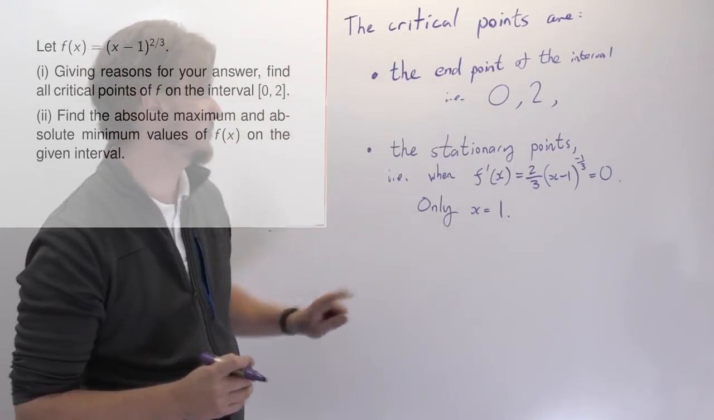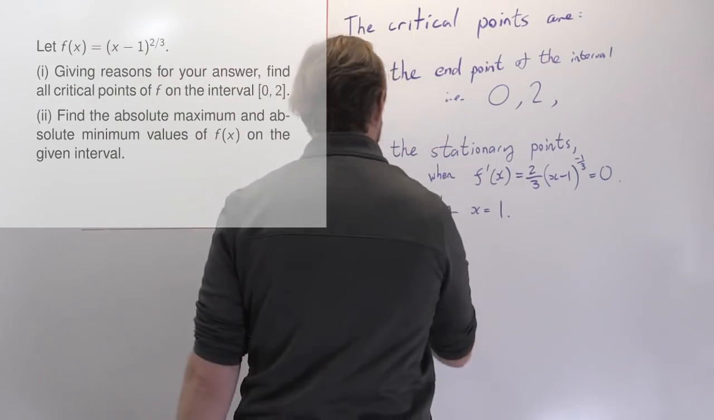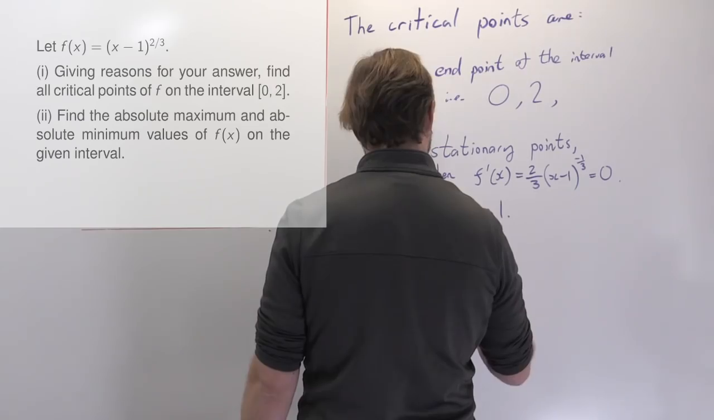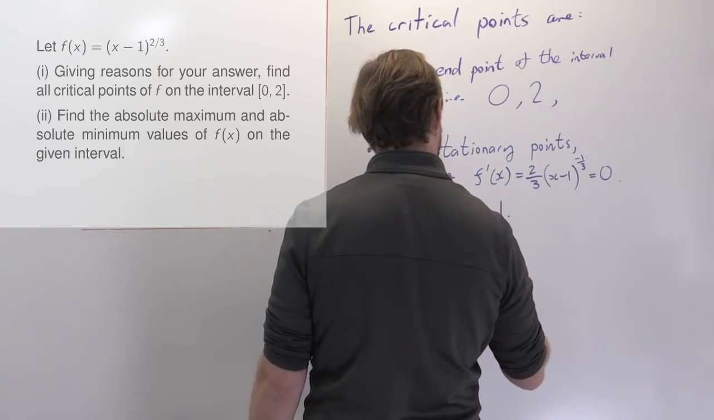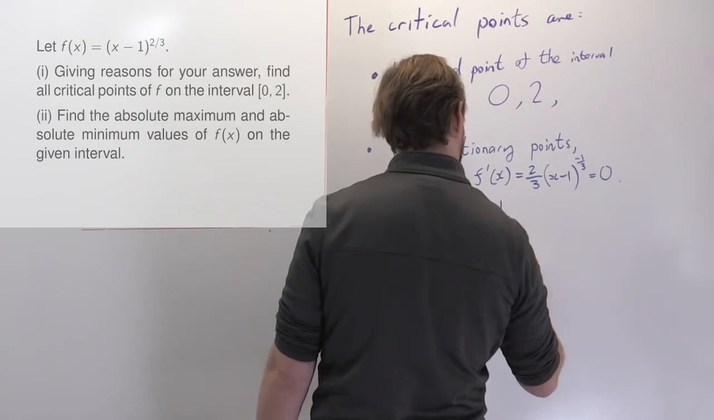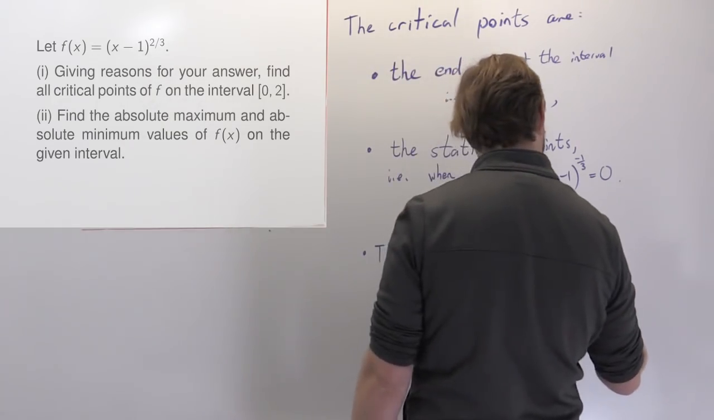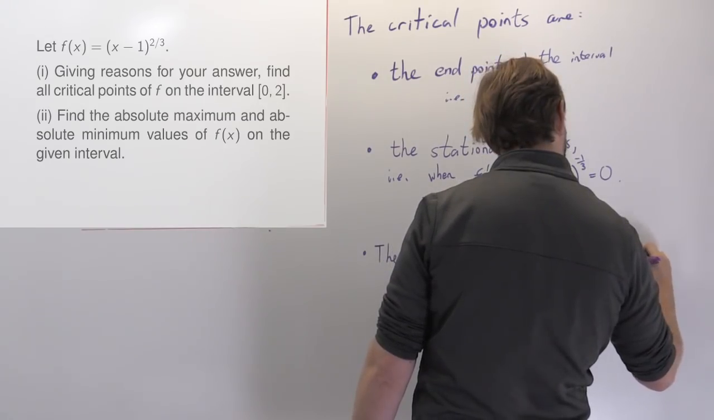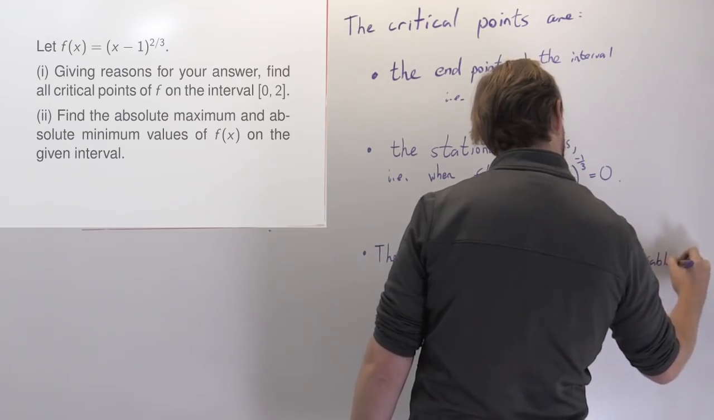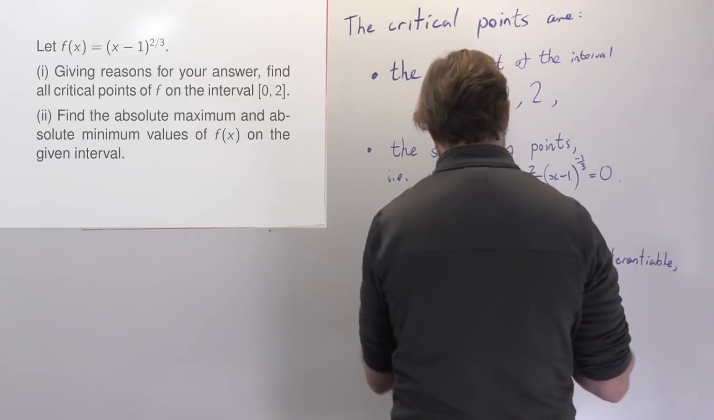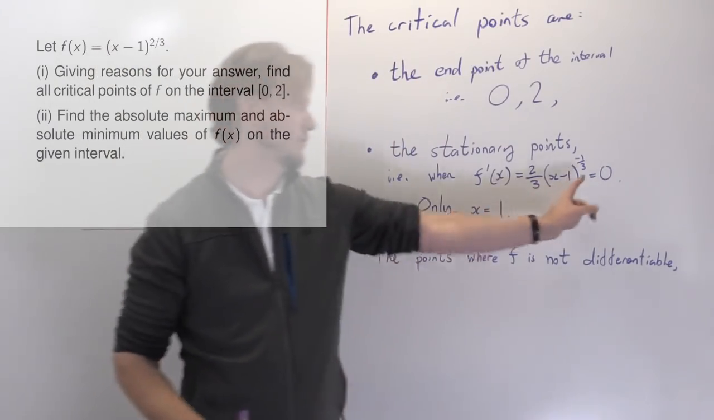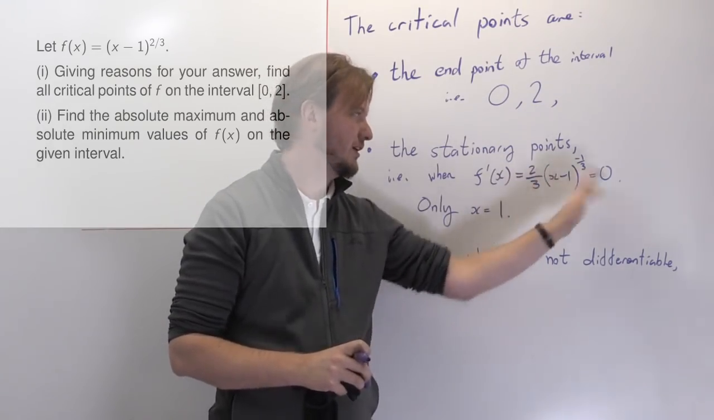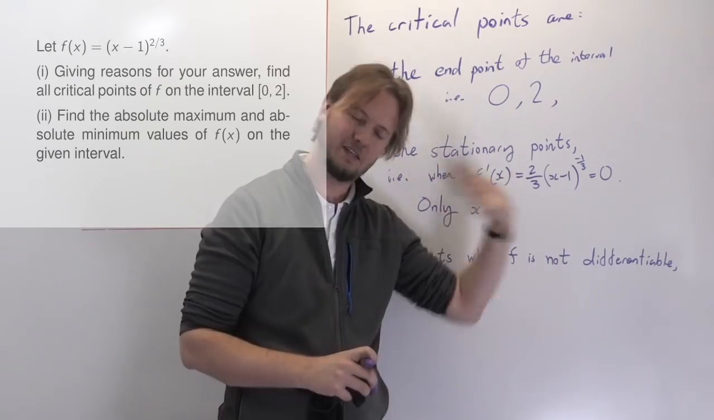So we have those 2 points, and there's one more type of critical point that we can find: the points where f is not differentiable. Now, in this case, I've already calculated the derivative here, so I can see that at most points this function is nice and differentiable. For most numbers, I plug it in and it gives me